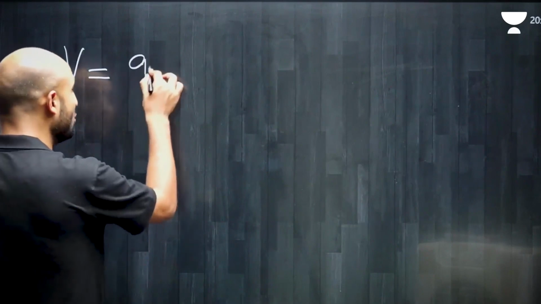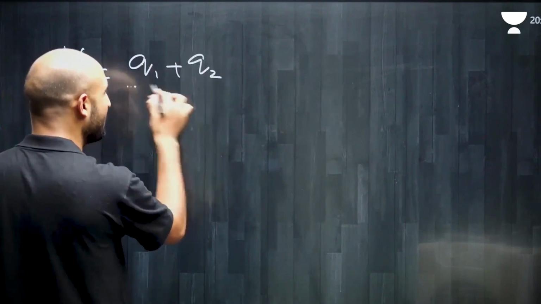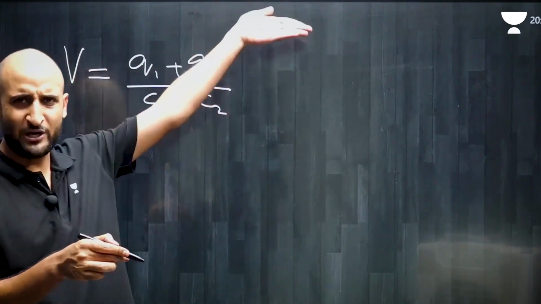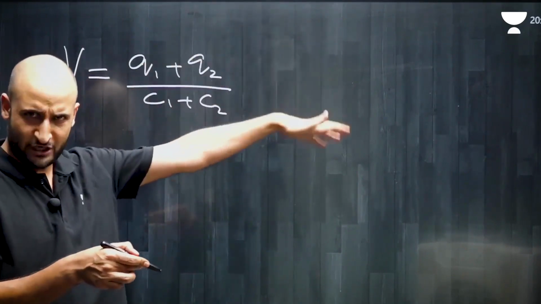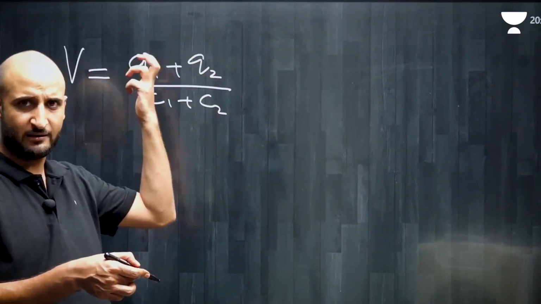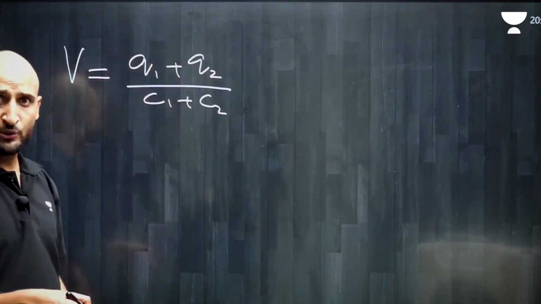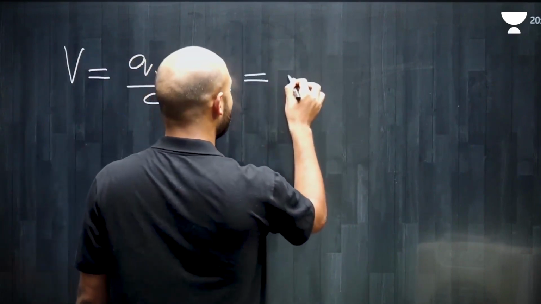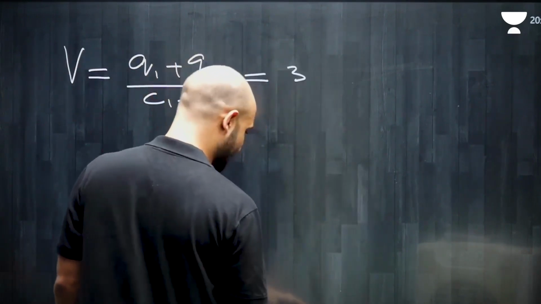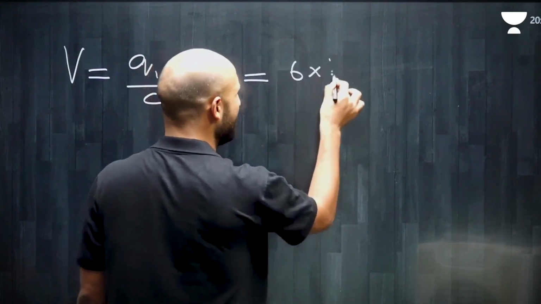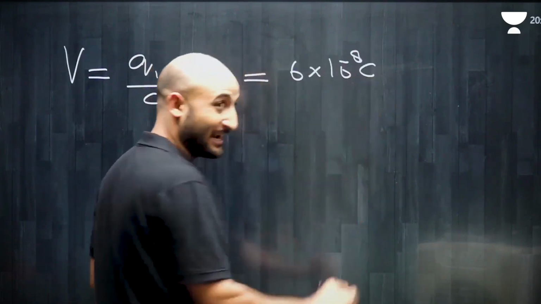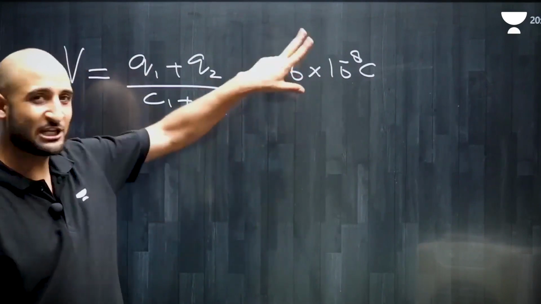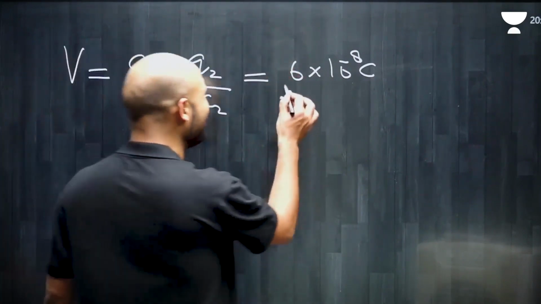That means it is Q1 plus Q2 divided by C1 plus C2, or C1 V1 plus C2 V2 divided by C1 plus C2, which are the equations which we wrote earlier. But now what's Q1 plus Q2? It is the total charge. You already know the total charge is equal to 6 into 10 power minus 8 coulomb, because each sphere carries a charge of 3 into 10 power minus 8 coulomb. So both will carry 6 into 10 power minus 8 coulomb, divided by